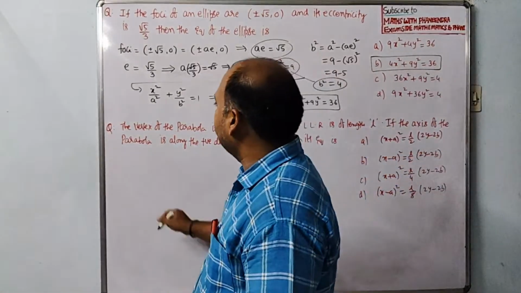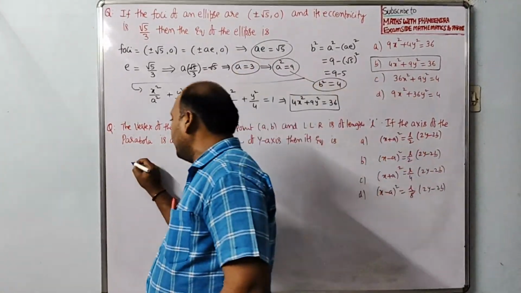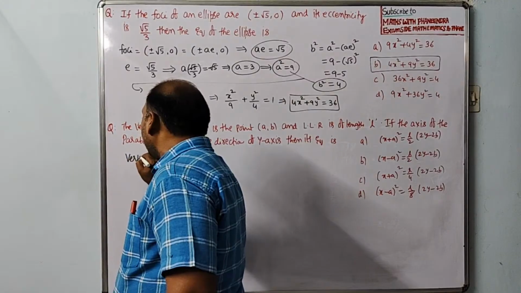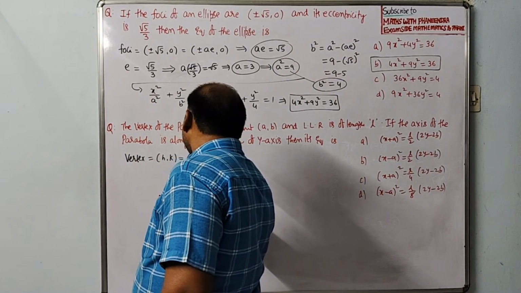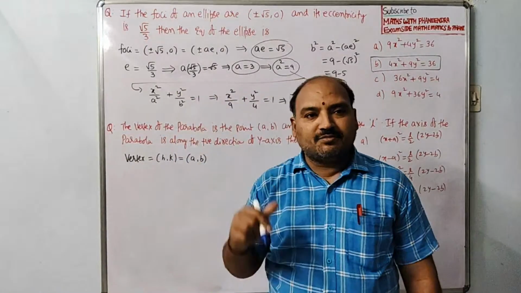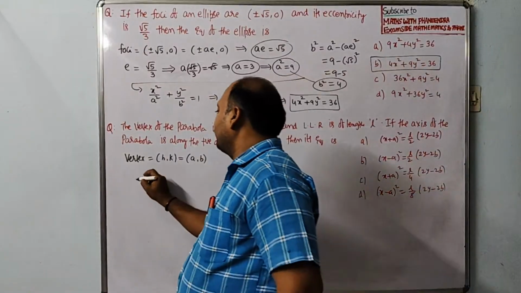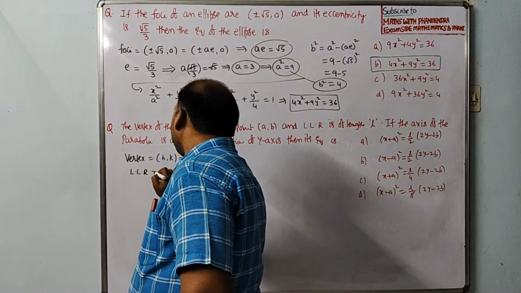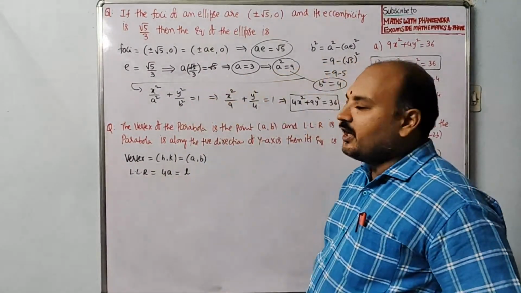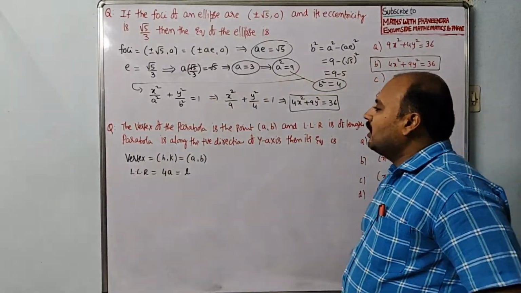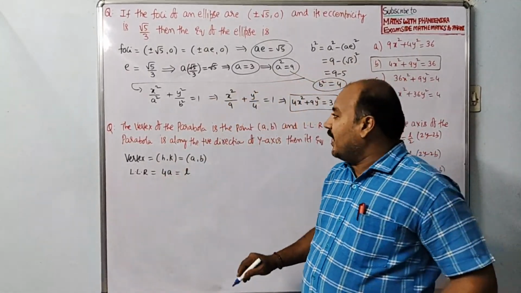Now come to the question. The vertex of the parabola is the point A comma B. Generally, vertex denoted by H comma K. H comma K is equal to A comma B according to the question. Later, length of latus rectum. Length of latus rectum LLR is equal to 4A. That is equal to L is given. Okay. Later, vertex is H comma K and 4A. And